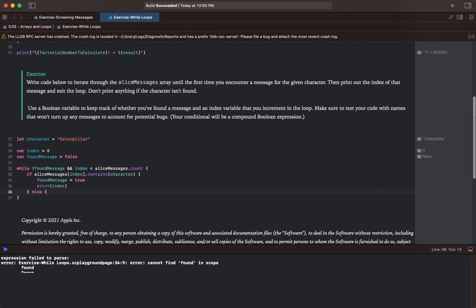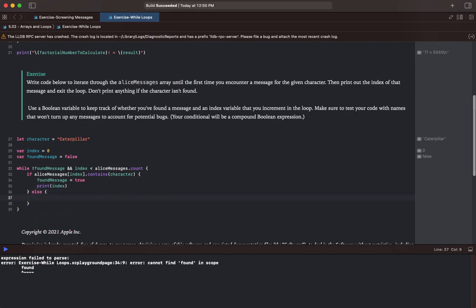Else, so if we haven't found that message yet, we are going to increase index by 1, and we are going to continue in this loop. So index plus equals 1. So now we found